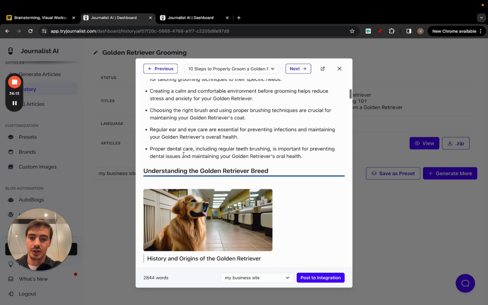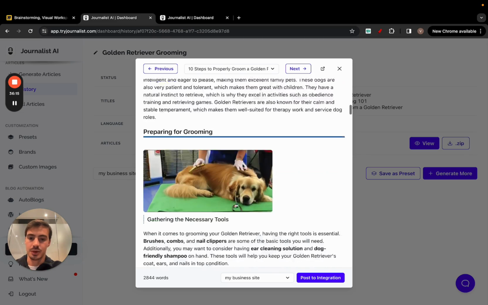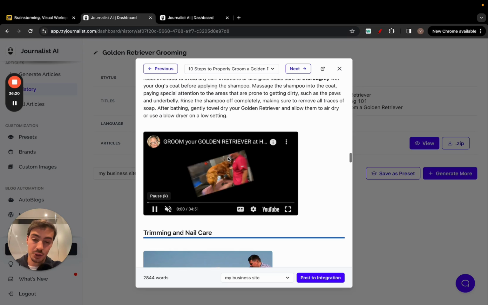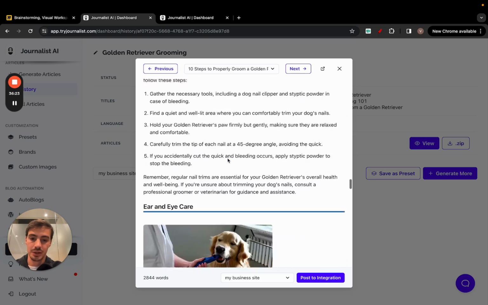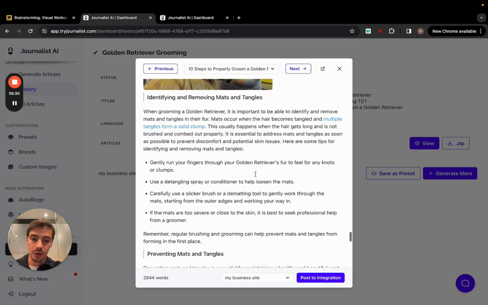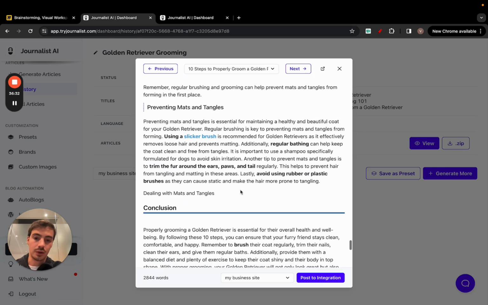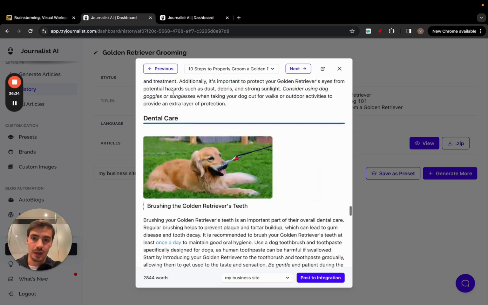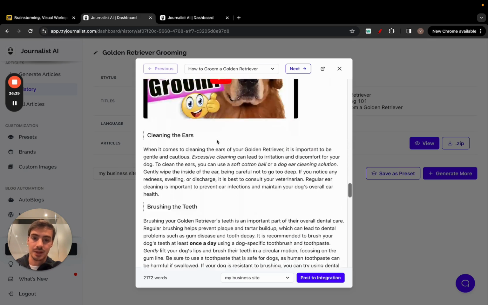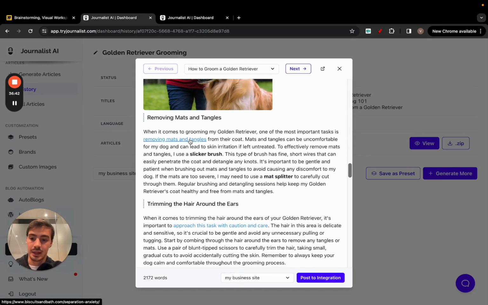Key takeaways section, proper article structure, in-article images. There's also, should be here, let's see, in-article videos that are relevant to what the content is about, and more in-article images. I don't think this one has links, actually this one has links, right? Regular cleaning is essential, and this links out to a link about dog cleaning. So all this, internal links, external links, all this is done with AI for you. You can skim through these and check that they are optimized, and this is something that ChatGPT unfortunately cannot do. And yeah, this is a great way to build content, and these links are relevant.